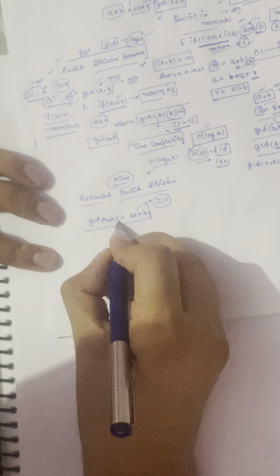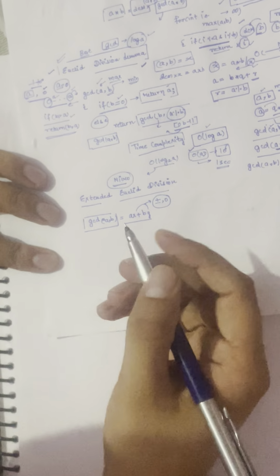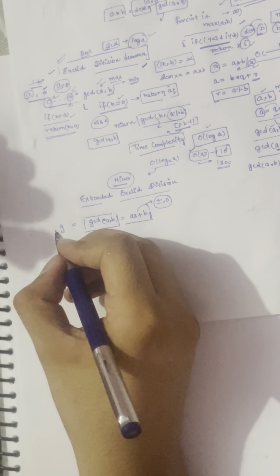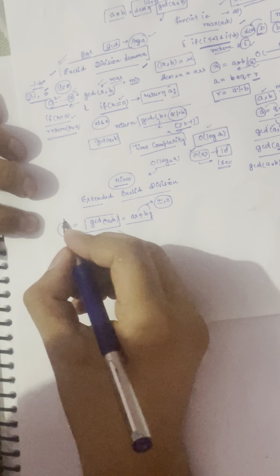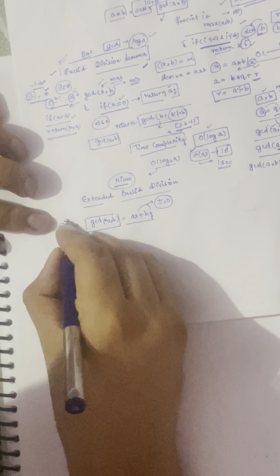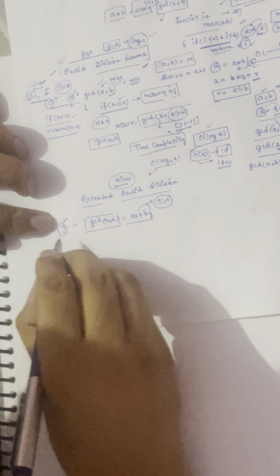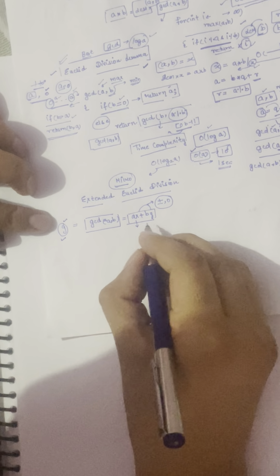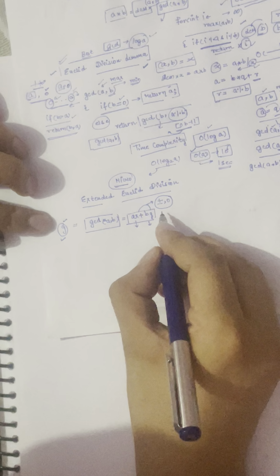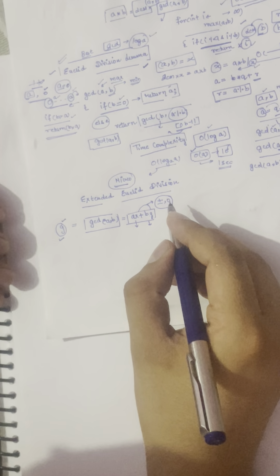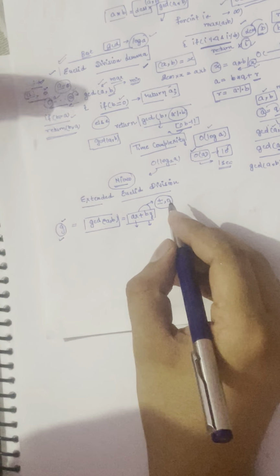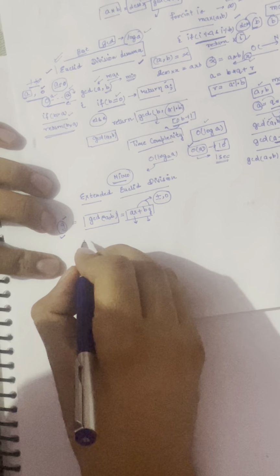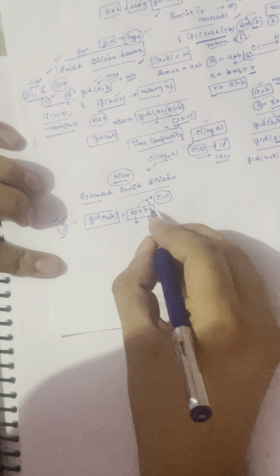So what it says is, let's say we are finding GCD of a comma b, and using Euclid's division lemma we found the GCD of numbers a comma b is g. Then we would be able to express this GCD as a sum of, let's say there would be two numbers x comma y. These are some integers. Their value could be 0, plus 1, plus 2, plus 3, minus 1, minus 2, minus 3, any integer. But we would be able to express the GCD as a sum of these two terms.